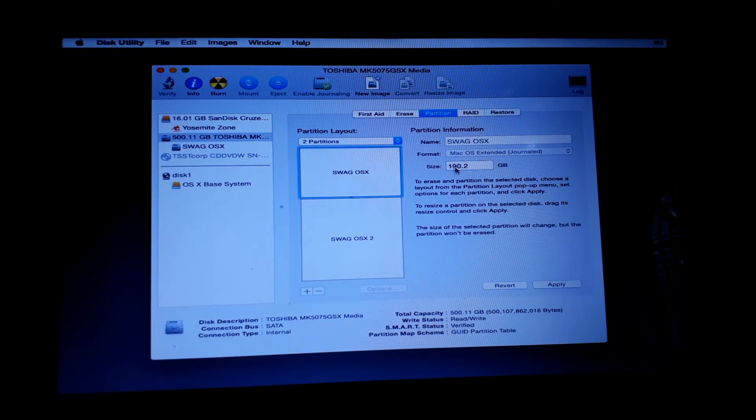So as you can see, 192 gig. Let's do one thing. Let's give it about 200 gig. So I'm going to type in over here 200. So that's it. I'm going to give it 200 gig and click on it, and then you need to click on the